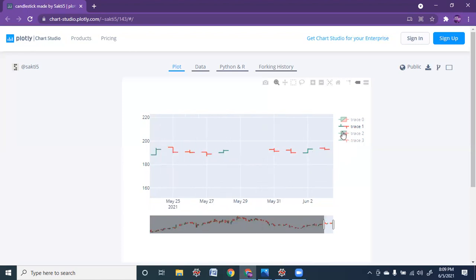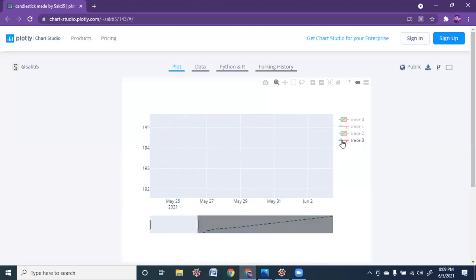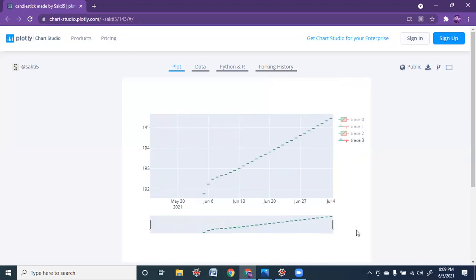Then for trace 3, I am disabling trace 1, trace 2, everything. Now I am showing only trace 3. So this you can adjust and have it. So you can very well see the rising trend. And one more thing you people have to understand. So the stock price ranging from 192 to 195 based on the trace it is coming. So you can very well just find it for the given days. So from 5-6 to 4-7, you can very well see here.